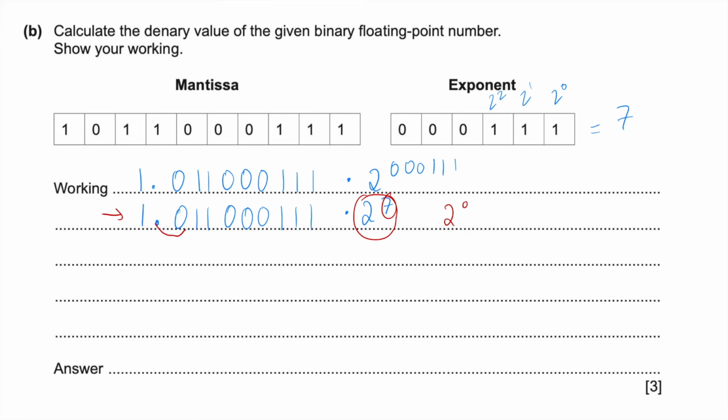So 1, 2, 3, 4, 5, 6, 7. So what we're going to end up with now is 1, 0, 1, 1, 0, 0, 0, 1, 0.11, and that's just it actually. So this is going to be our new binary value. And what we want to do is take this and turn it into a Denary